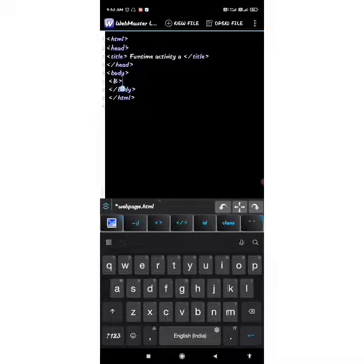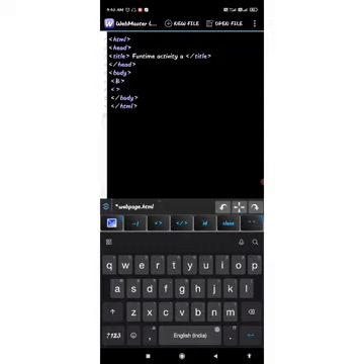Now after writing bold, next you have H1. This is heading. H1 is heading, and then you will have to write here, bring the following items. Then you will have to close it. H1. This is the heading. After this, next line you have UL.